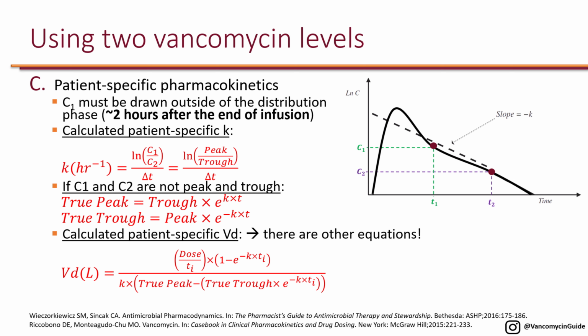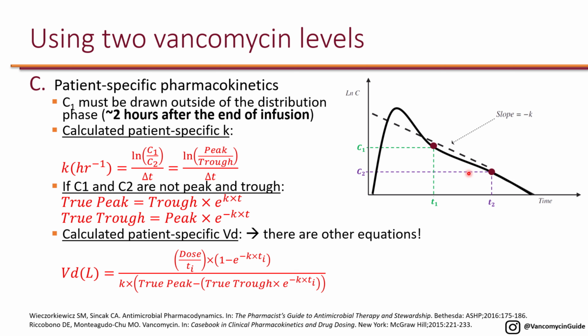This is when we actually get two levels in the patient in order to precisely calculate the slope of the line, which is the negative k, so the k constant. Now for this we need two levels. So the first level is C1, and we have to make sure that the C1 is drawn at least 2 hours after the end of the infusion. So this ensures that the level is outside of the distribution phase so that we get the slope of the